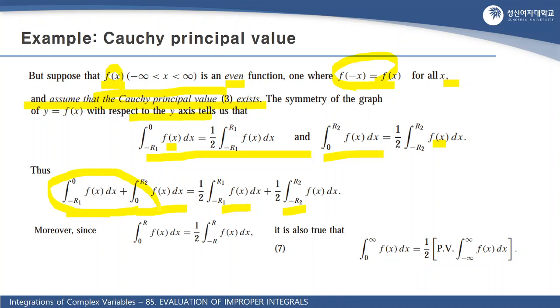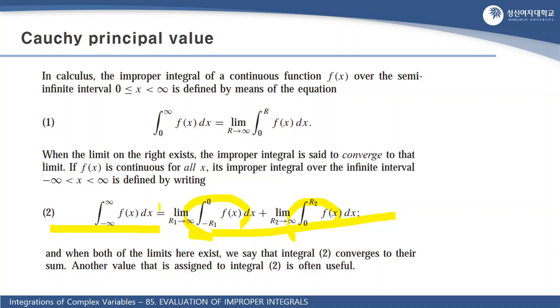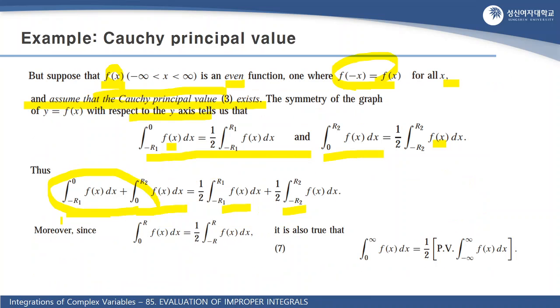This part, when you consider the limits, is the definition given in expression 2. This part equals two halves of the principal value added together. And since we know that the principal value exists by assumption here,